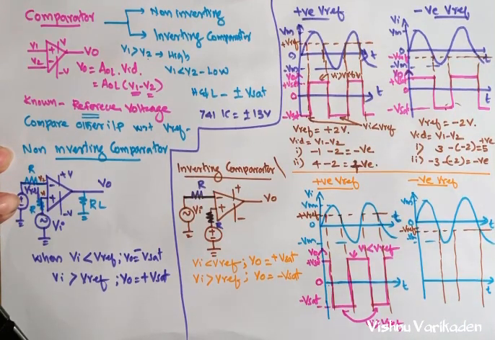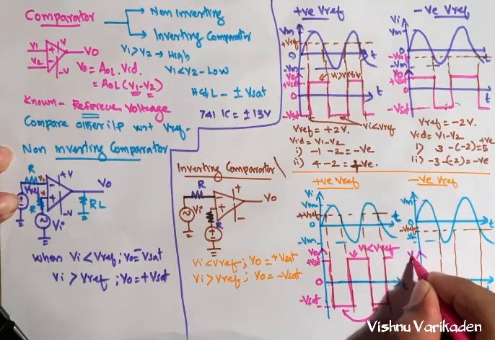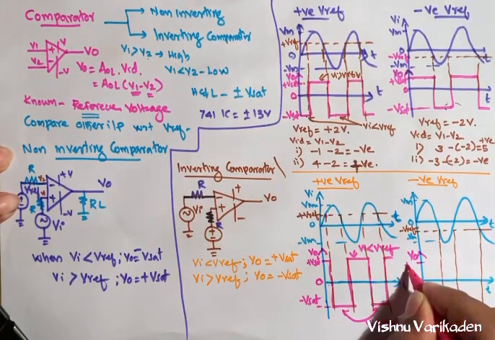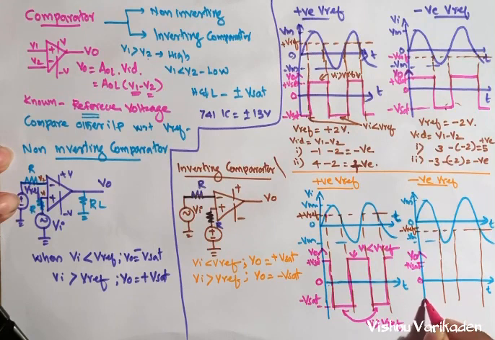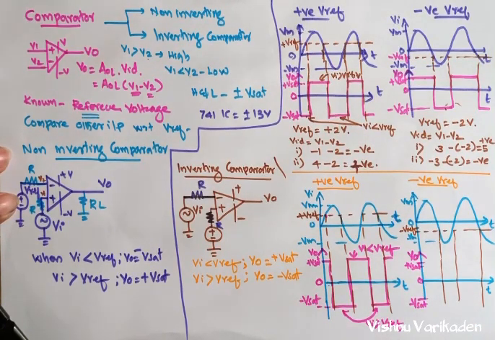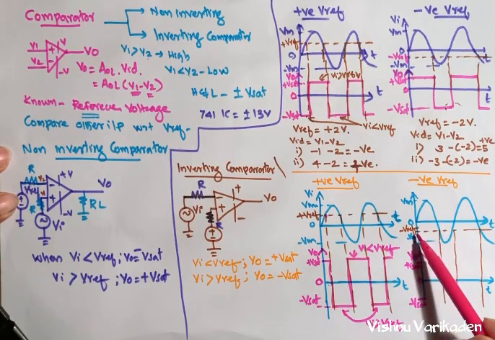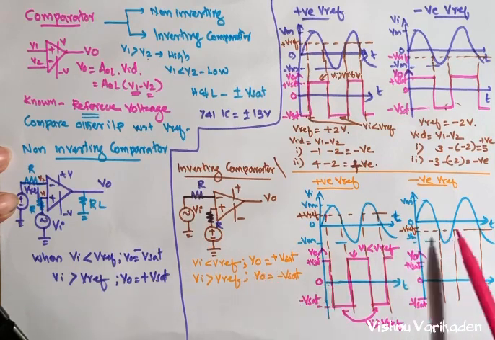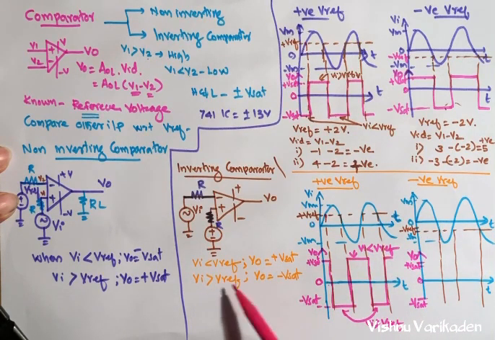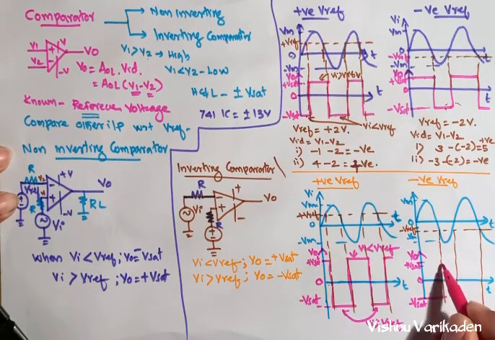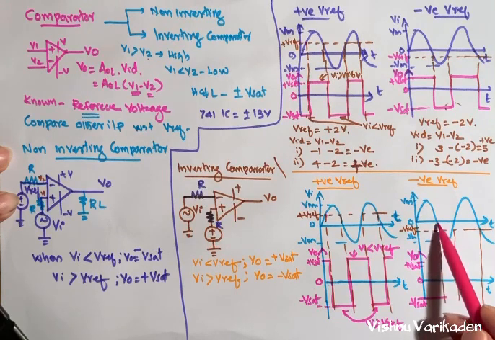So in this reference, the output is plus V sat. So in this, positive is here, and the reference voltage is a negative reference voltage. So the input is exceeding the reference voltage, and the output is minus V sat. Moving to this position,